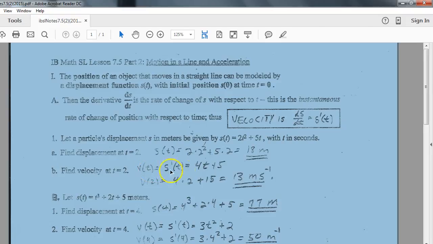To get velocity, we do the derivative of our position function and we get 4t plus 5. That would just be using the power rule. So we have our rate of change, which is velocity. Now if I wanted to know the same information at 2 seconds, I sub a 2 into my velocity function: 4 times 2 plus 5 is going to give you 13 meters